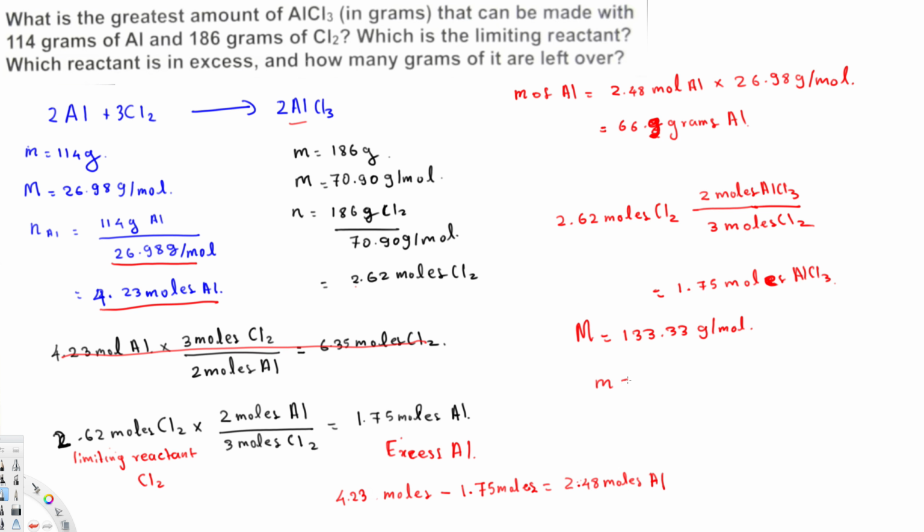So mass is equal to n times the molar mass, and we have 1.75 moles of AlCl3 multiplied by the molar mass of AlCl3, that is 133.33 grams per mole, and if you multiply you will get 233 grams of AlCl3, and that is the